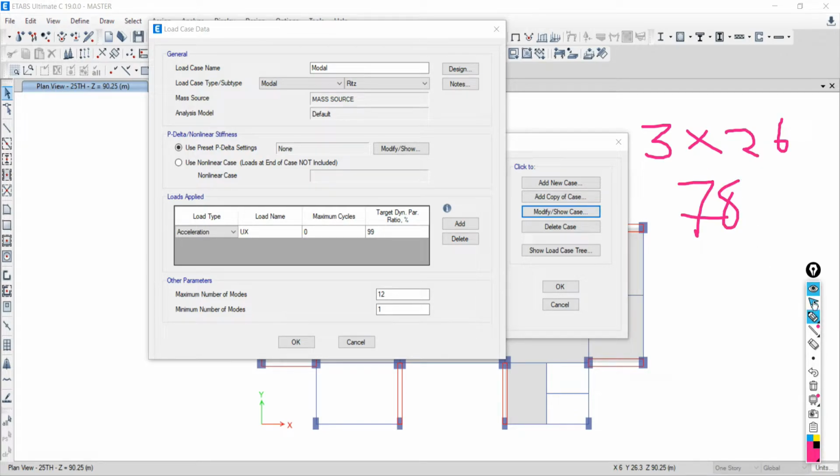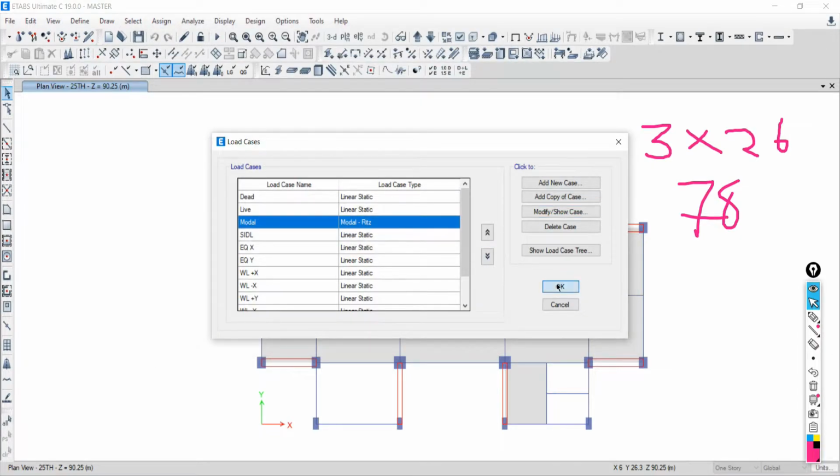We are going to put 78 as the number of modes. Just put it as 78. The minimum number should be at least 1. For this modal case, say add. For the Y direction we also have to define Y. It will again be 99. Say okay.